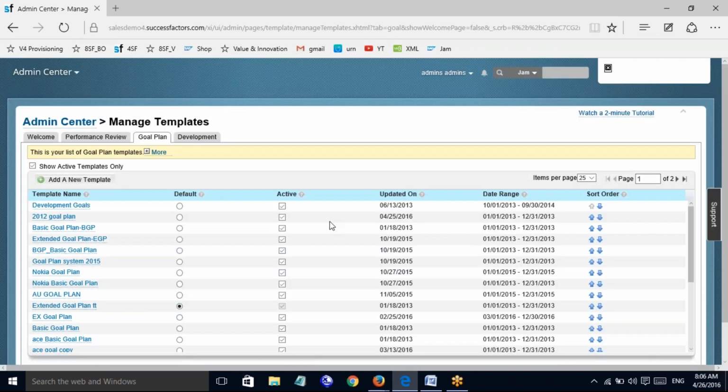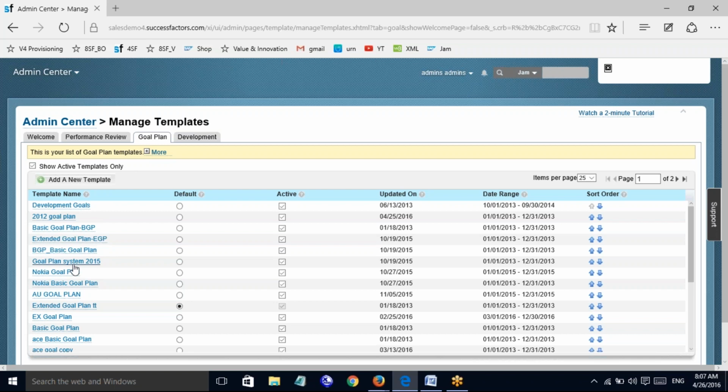The reason why I started directly here with the goal plan templates is simple: if I started explaining the goal plan templates directly from provisioning, everything you have seen, for example categories, fields and general settings, is there in your provisioning. So in the templates you have a lot of other templates, whether you copy them or do whatever you want, and you can see development goals, a goal plan, basic goal plan, extended goal plan, and so on. You have everything automatically in XML configurations.